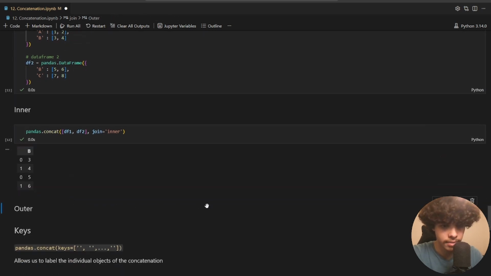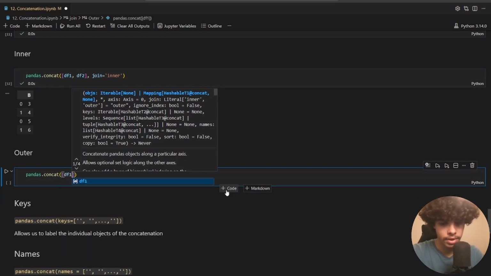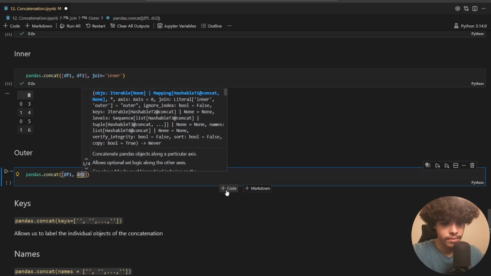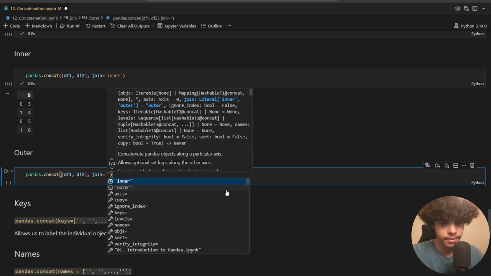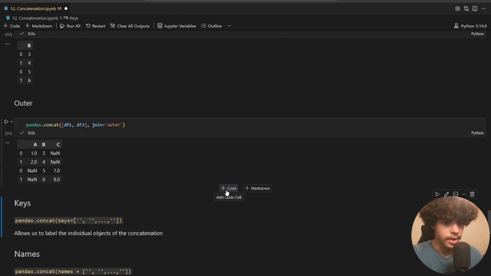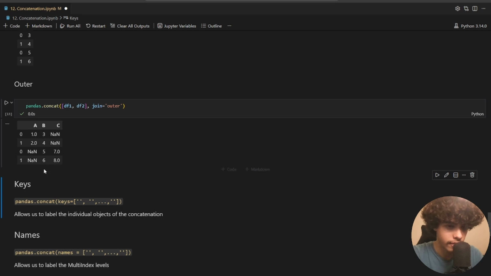Now let's try the same thing, but with outer join. So we'll use pandas.concat. We'll put in our df1 and df2, and then comma, and put in the argument join equals outer. And now, as you can see, we have the columns A, B, and C, and wherever there are no elements, it just puts in nothing, or not a number. And since for B we have 4 elements in the B column, which is the common element,